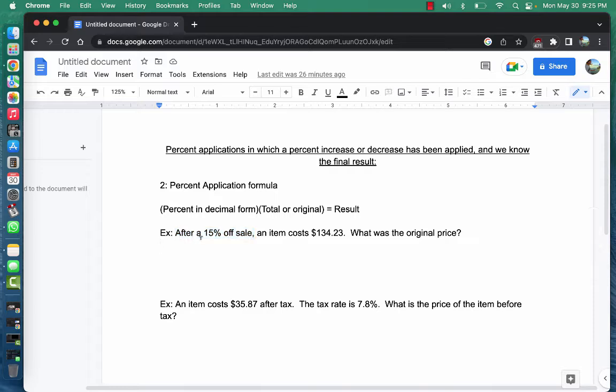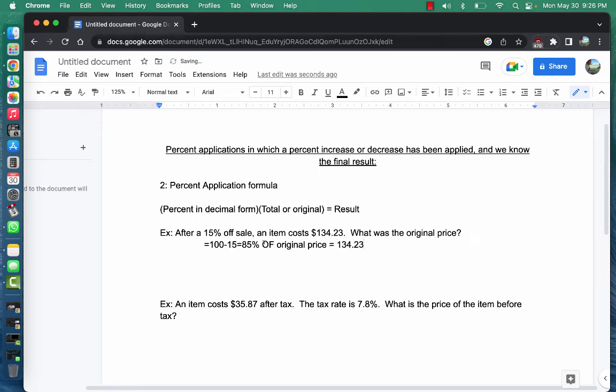What we have to understand is that a 15% off sale is not the same thing as 15% of. 15% of is 0.15 times something. But 15% off is the same thing as taking 15% off of 100%. So 15% off of the original price means 100 minus 15, which equals 85% of the original price. And we know that after we take 15% off, which means we're actually taking 85% of the original price, the item costs